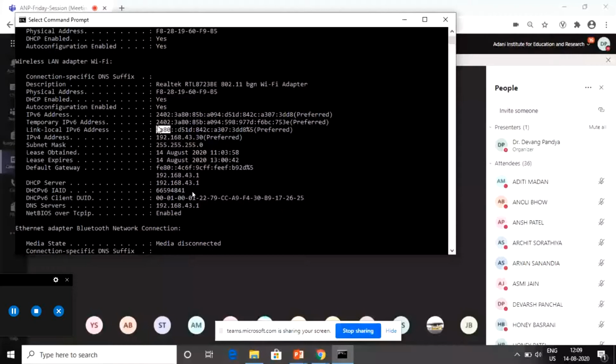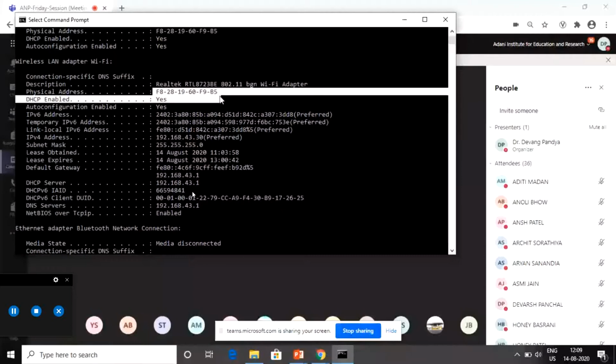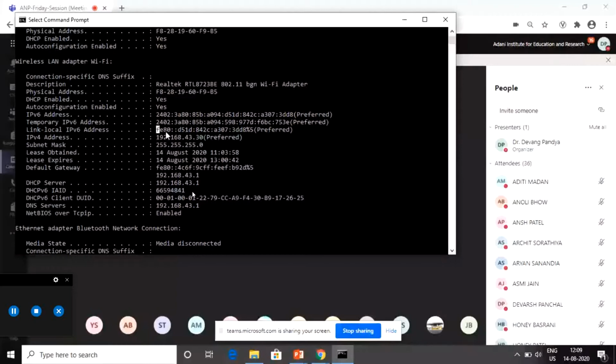The 48-bit physical address is supposed to be embedded, as a 64-bit identifier, in the generation of this link local IPv6 address. But Windows does not follow exactly this mechanism. On your Linux machine, you can check this, and you can share your experience with me too.